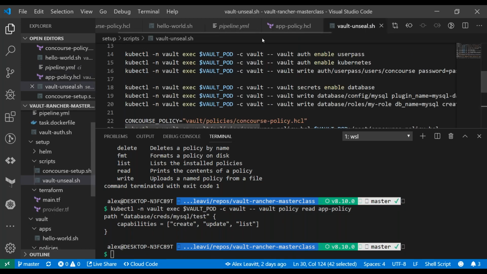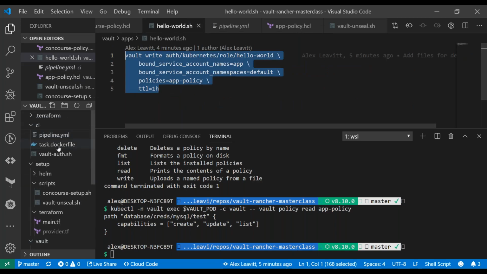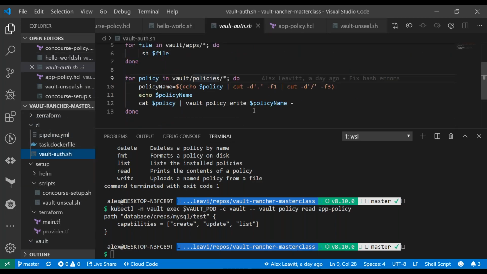Now, those of you who looked at my initial script, my Vault auth script here, will note I don't do any deletions, and I don't check to verify if this is a new commit. Now, if I wanted to spend more time in Bash or write a Python script or a Golang script for this, I could. Those are nice features, but not required. It's very nice to be able to delete applications that are no longer in use. That was more effort than I thought was needed for this demo, but for a production cluster, that is very nice to do. Then you don't have excess apps dangling around, you don't have excess policies dangling around,